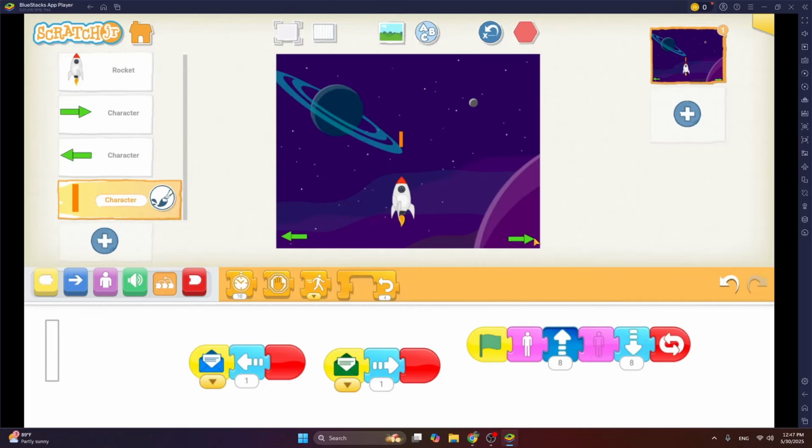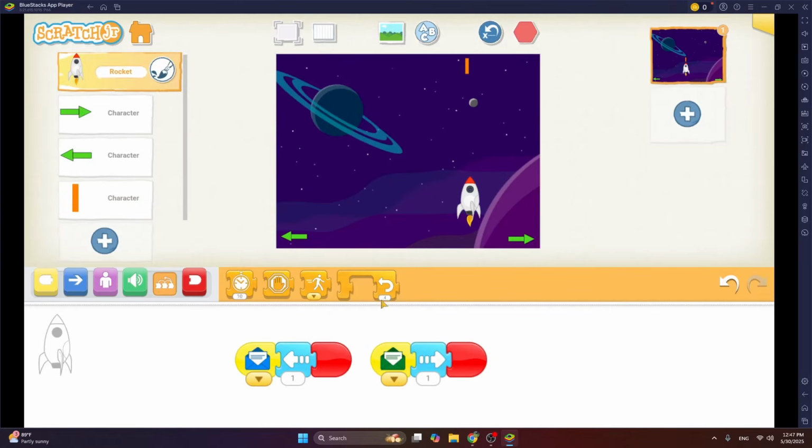And similarly, I think I should increase the speed of movement of my rocket ship too. So if I choose the rocket ship, I can bring the speed block down and choose the fastest speed and then tap on it once and then throw it away, discard the block. So you can see that my rocket ship is now responding much faster to the arrows, okay?